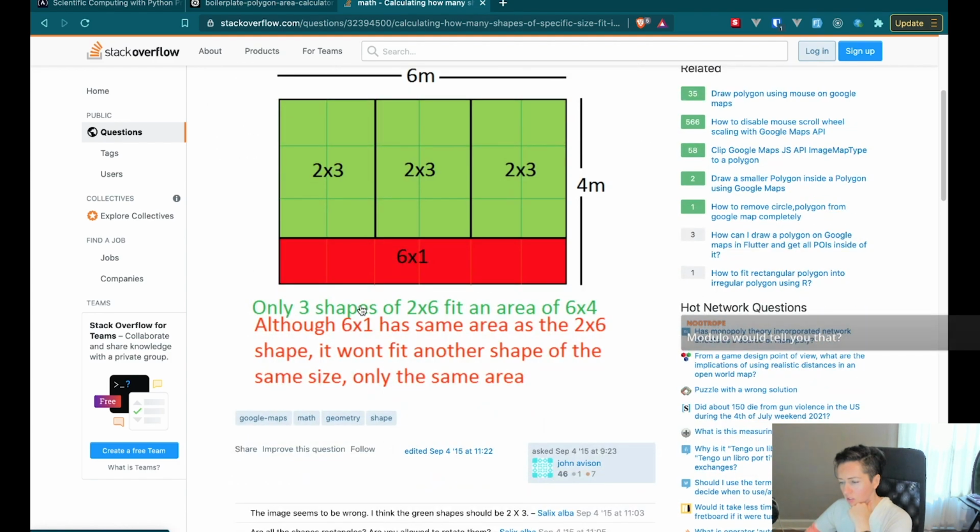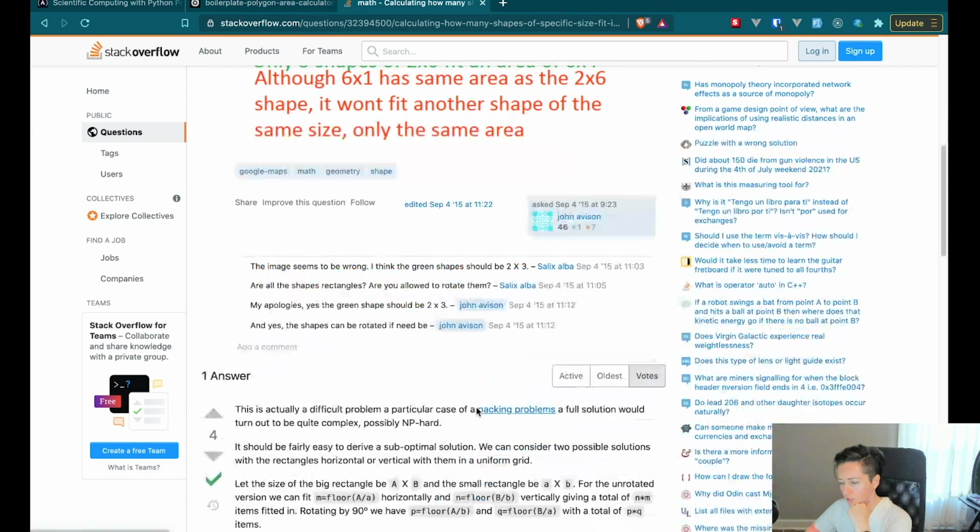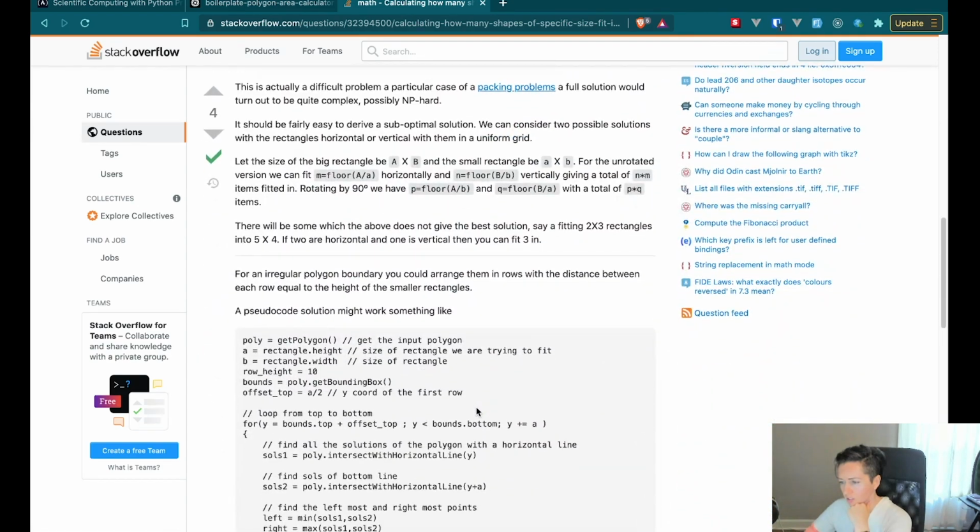It's actually a difficult problem, in particular case of packing problems. A full solution would turn out to be quite complex, possibly NP hard. Oh, great. It should be fairly easy to derive a suboptimal solution. This is exactly what I want, a suboptimal solution. We can consider,